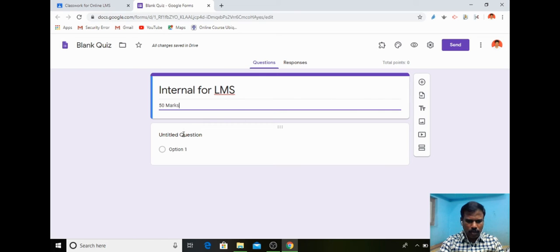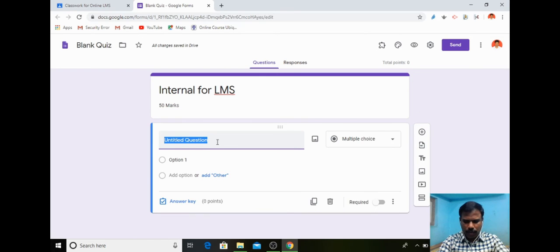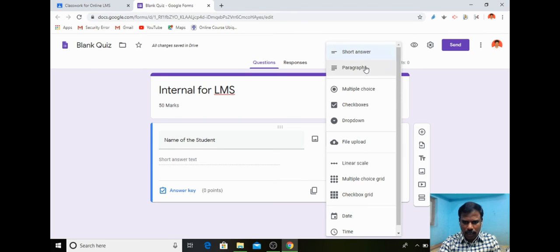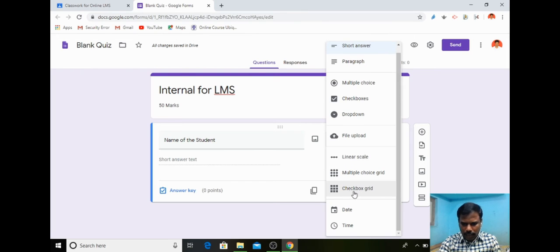So first the question is available, so I am using it for the name of the student. So whether the answer to the particular question should be a short answer question or paragraph question or multiple choice or checkbox, drop down, or it is a file, or it is a linear scale or multiple choice grid, so that rows and columns we can use it, or checkbox grid.